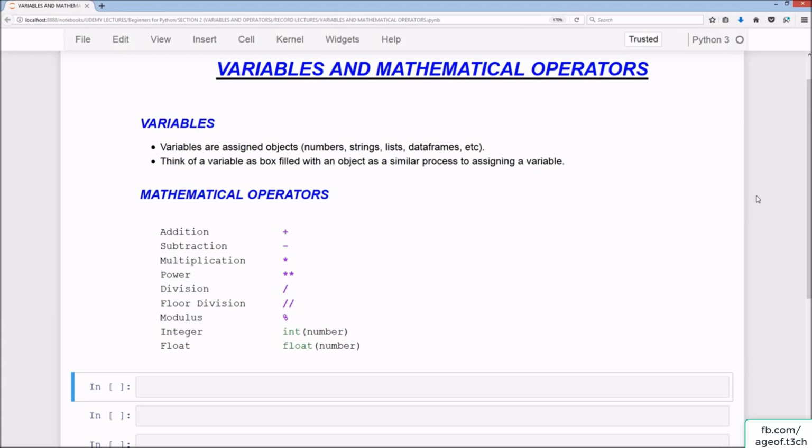So, variables. Variables are assigned objects, and these objects can be numbers, strings, lists, data frames, and so on. If you think of a variable as an empty box that's filled with an object, it's a similar process to assigning a variable. Then we have mathematical operators, which include, of course, addition, subtraction, multiplication, power, division, floor division, modulus,